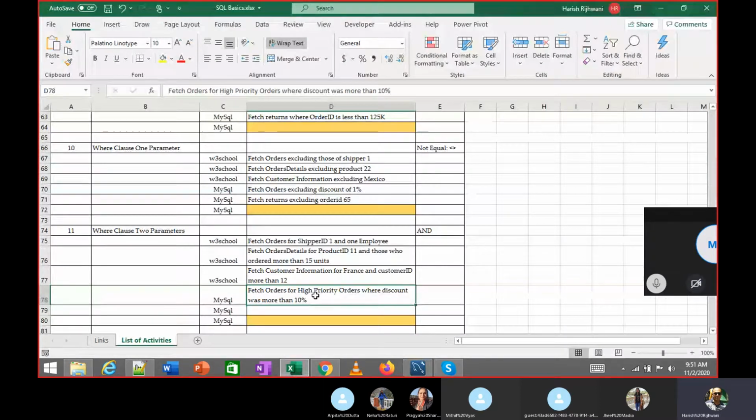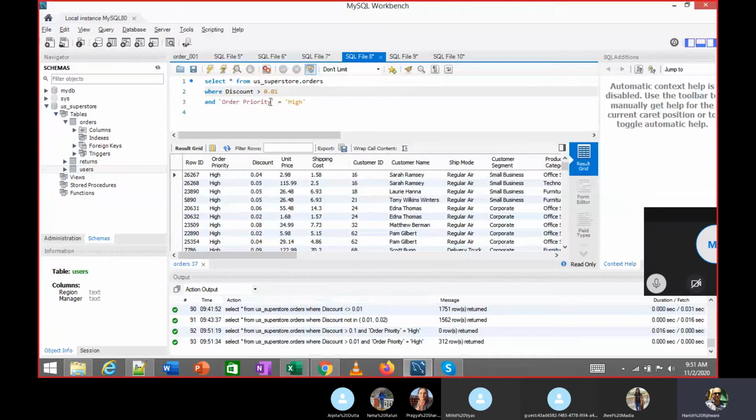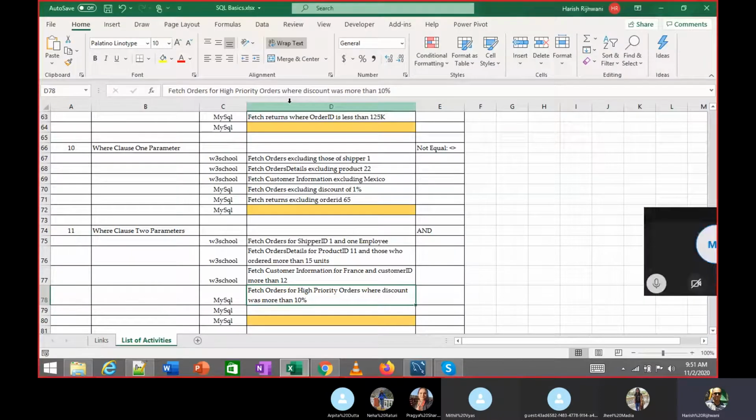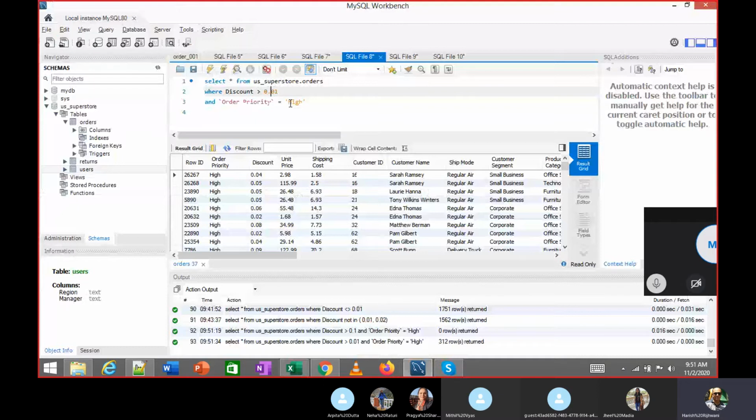For the last one, I don't think you will get any records, because it should be 1%, 10%. Make the discount 1%, or more than 1%, and you will get records.